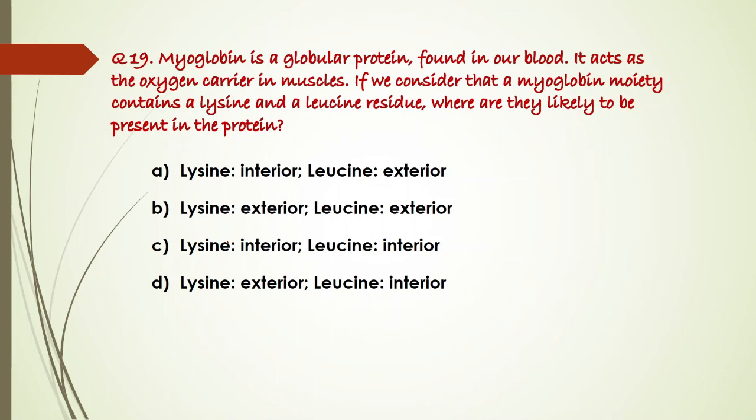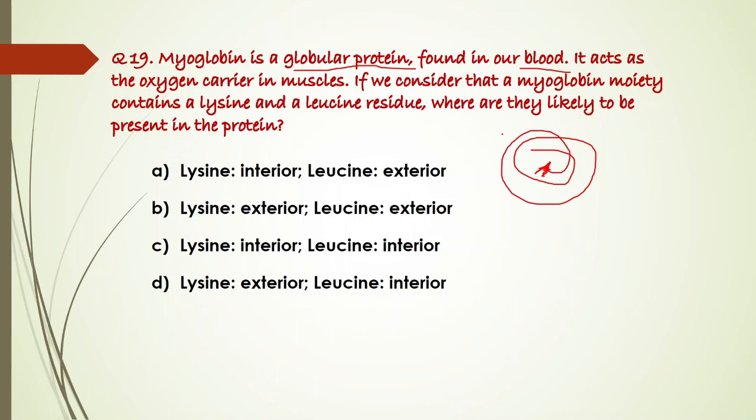So again, the very answer of this question is written in the question. The very first point that you need to notice: myoglobin is a globular protein, and it is found in our blood. So, what is the core structure of a globular protein? In the core you have the hydrophobic residues, and on the outside you have the hydrophilic residues. That is why they will be stable in the blood or plasma, because there are hydrophilic residues on the outer layer. So, if this question states that myoglobin has lysine and leucine, out of them